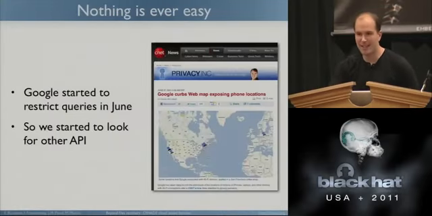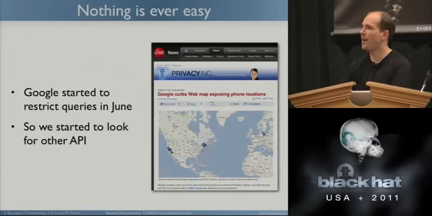So in June, Google said, OK, let's restrict that. There was a lot of discussion on CNET by Declan, who pointed out that this might be bad. And so they said, OK, now you need 2 MAC addresses. Well, I have a bunch of MAC addresses so I can try, but it's not reliable.